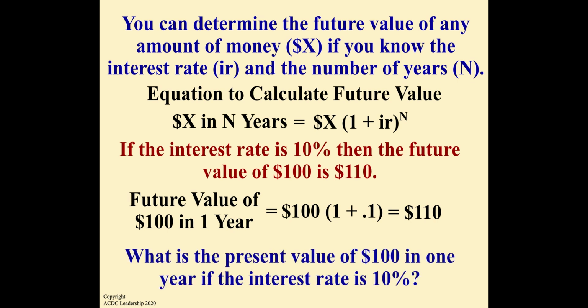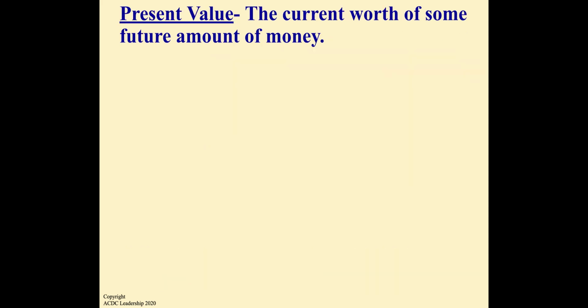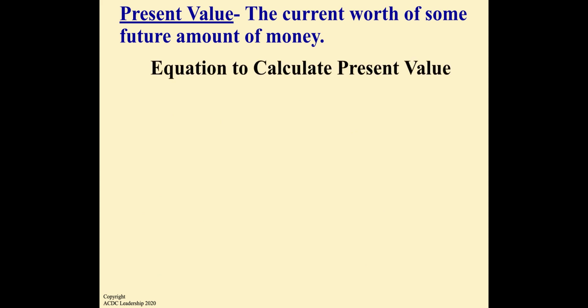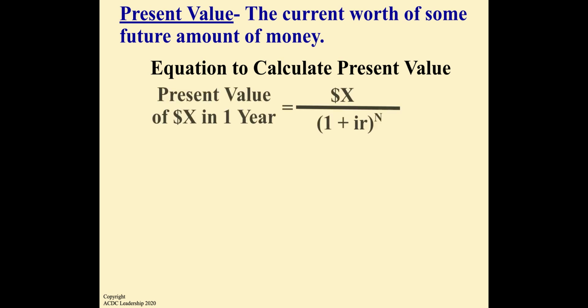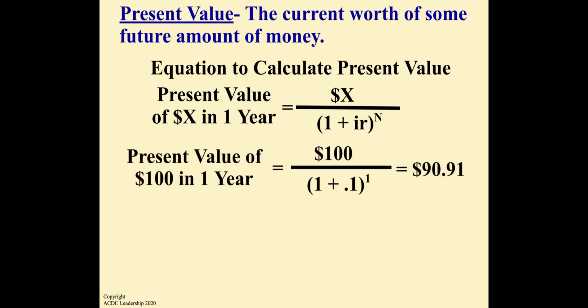What is the present value of $100 in 1 year if the interest rate is 10%? Well, the present value is the current worth of some future amount of money. The equation to calculate the present value of the dollar amount of X in N years equals the dollar amount of X over 1 plus the interest rate to the nth power. The present value of $100 in 1 year is, if we plug in the example, $100 over 1 plus 0.1 to the first power, which equals